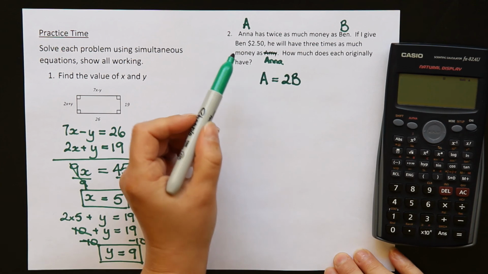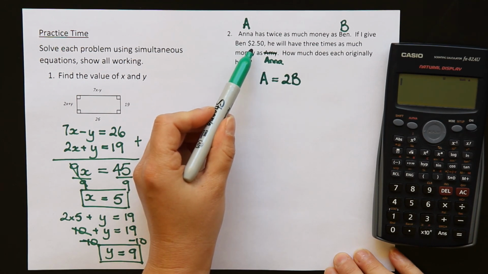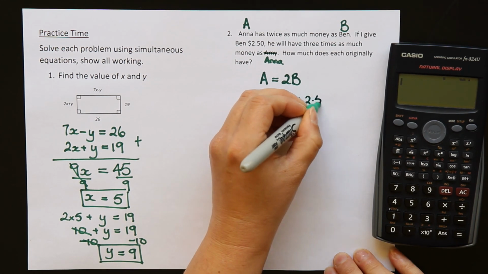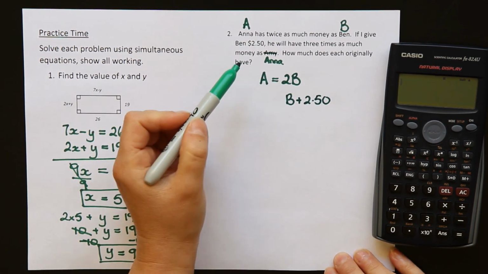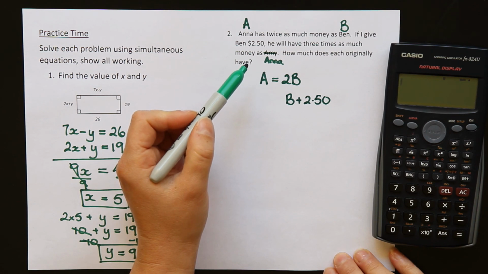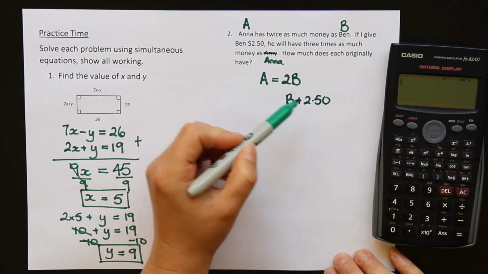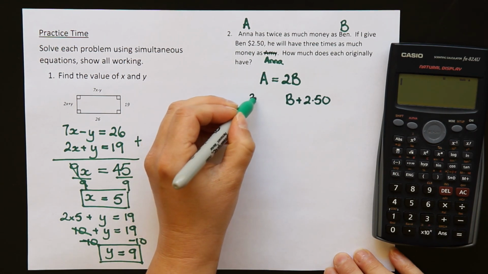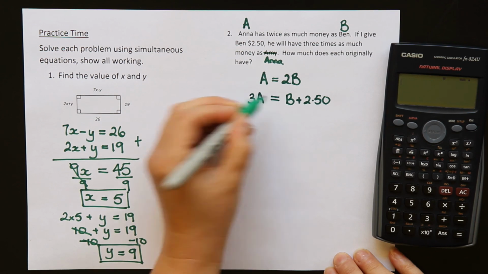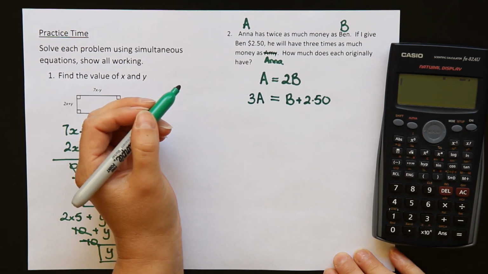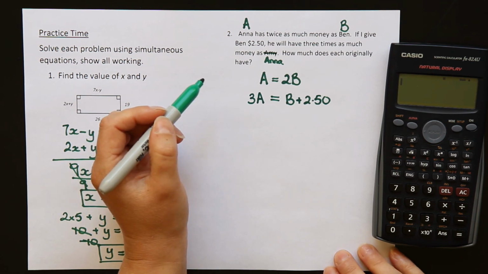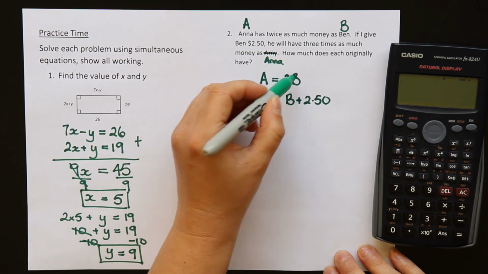Okay, now if I give Ben $2.50, okay, so Ben, I'm going to give him $2.50. He now has 3 times as much money as Anna. So he has, this is 3 times as big as Anna's, so we would have to times Anna by 3 in order to make that equation balance. Okay, now I'm going to do a substitution in this question. So A is by itself, which means I can take what A